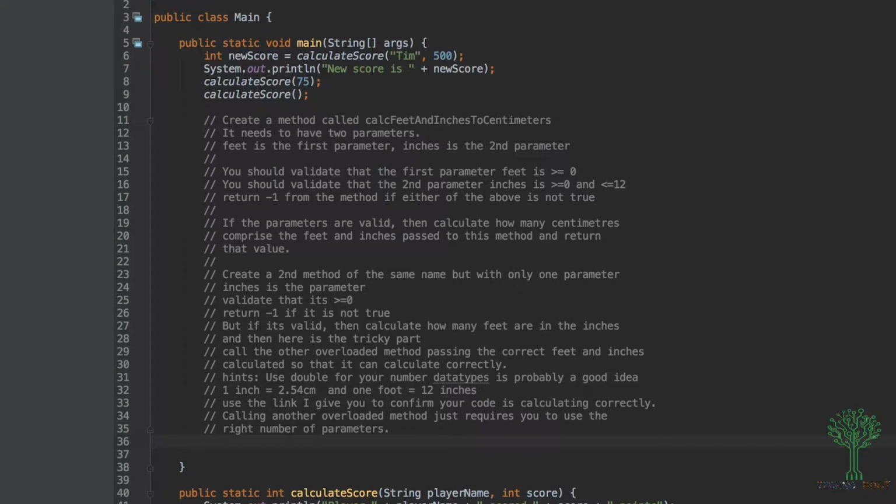But I also want to show you, or get you to do, some validation. In other words, we want to confirm that the data we're working with is valid. So you need to first check that the first parameter, feet, is greater than or equal to 0. So long as the number is 0 or higher, we're going to say that it's a valid number that we can work with. We're not going to accept numbers that are less than 0. And for inches, the second parameter, we want to make sure that it's greater than or equal to 0, and that it's also less than or equal to 12,